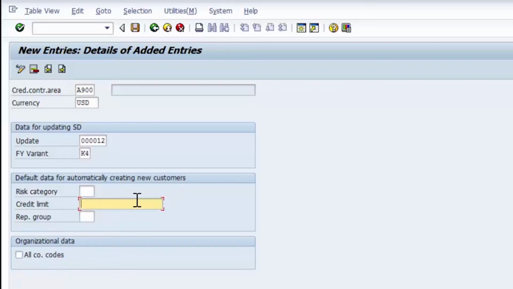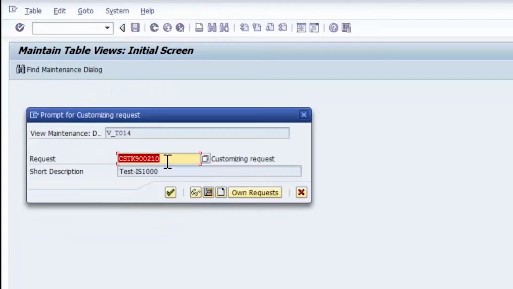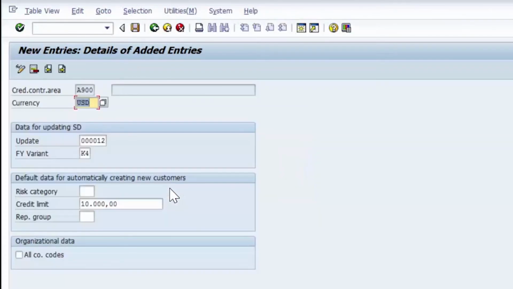So if I give a credit limit of 10,000 USD, whenever a new customer is created, $10,000 will be defaulted as a credit limit in the customer master. This can always be changed there. Enter. Save. So a new credit control area A900 has been defined.